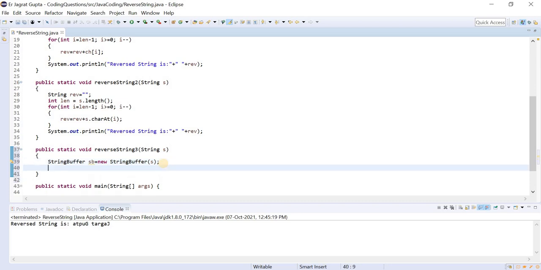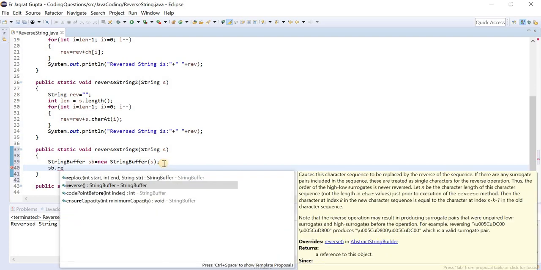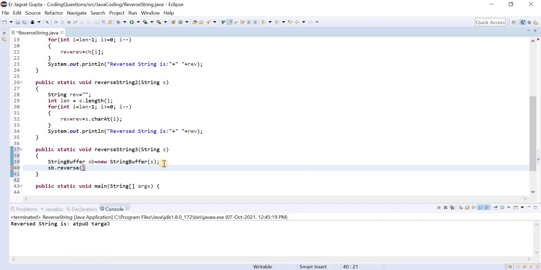Now it is converted into the string buffer, and with the help of this object that we created, you can see the reverse method is there. So this reverse method is attached to the string buffer or string builder.